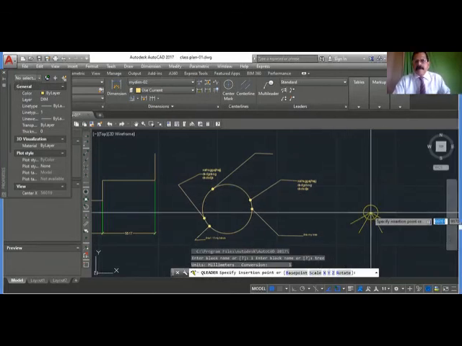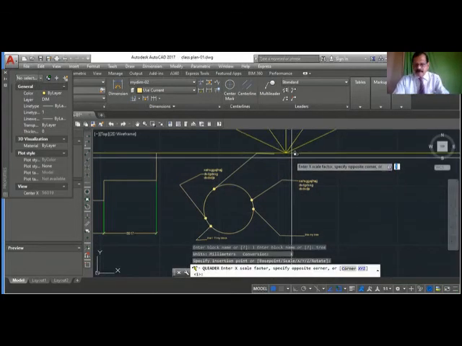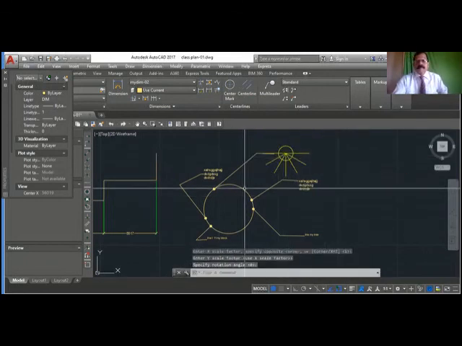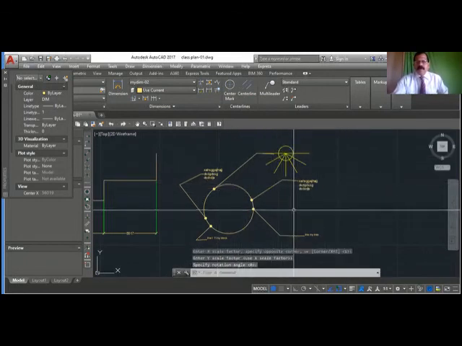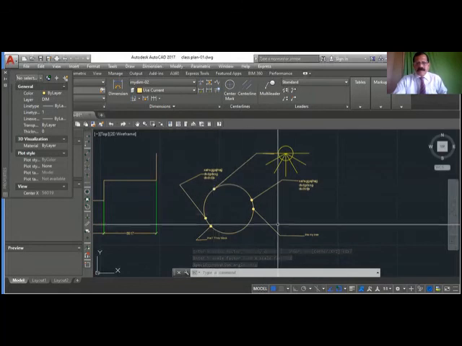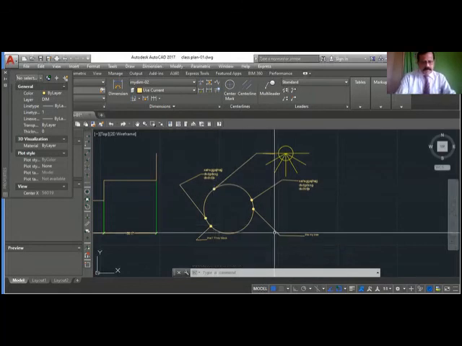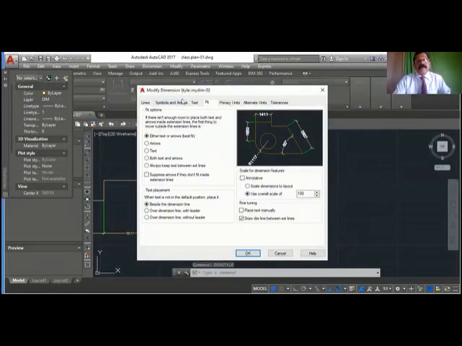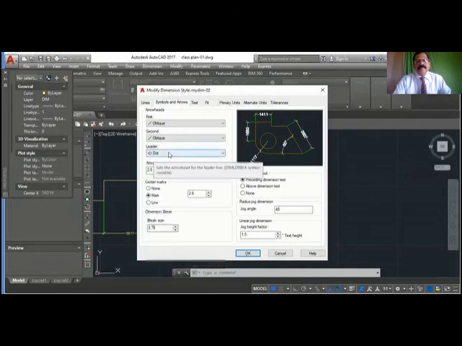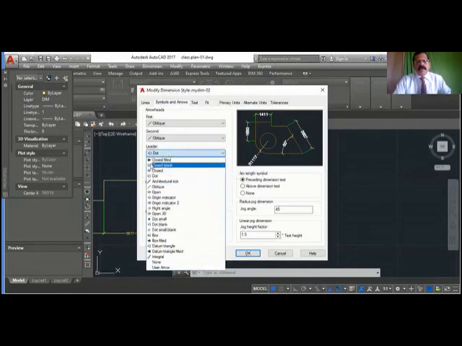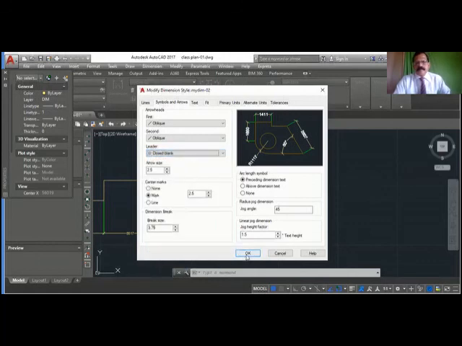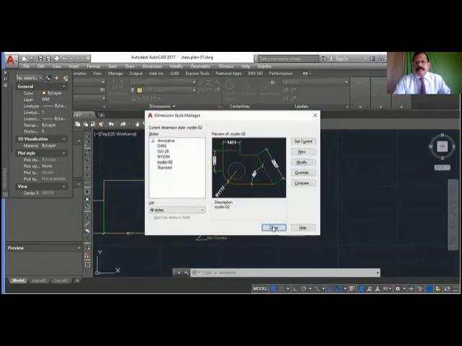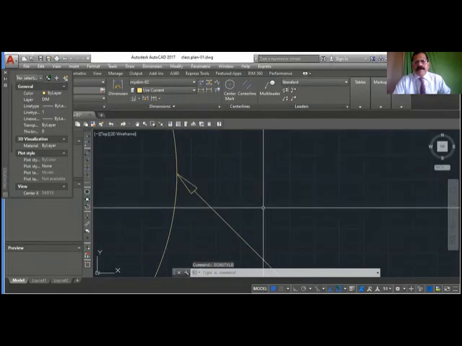See, the tree is coming here, so I can show that tree. That is block. Now you see all those dots are coming. Dim style, I will go and change. Instead of dot, I will change it to closed blank. So it became closed blank, you see, closed blank.